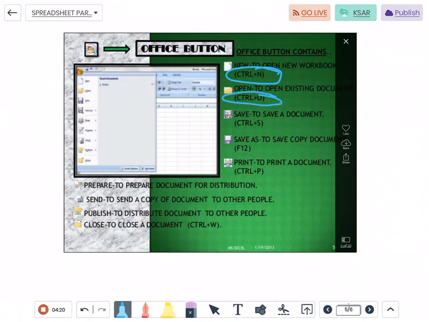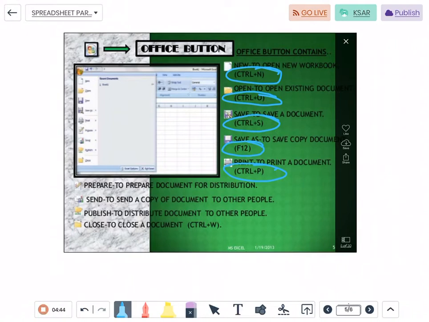Control O. To save a document? Control S. Save as, F12. For print option, Control P.